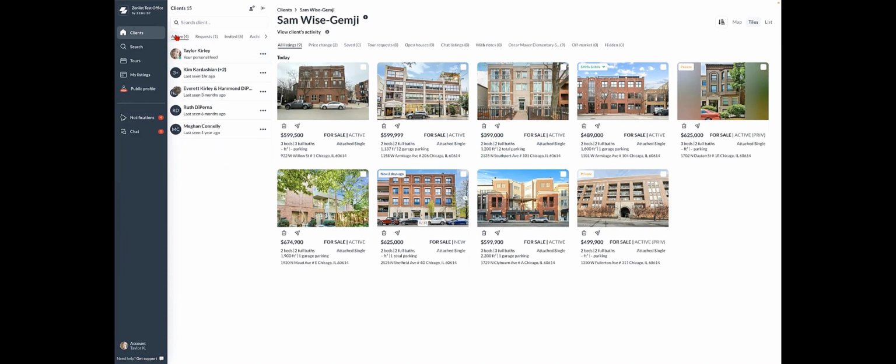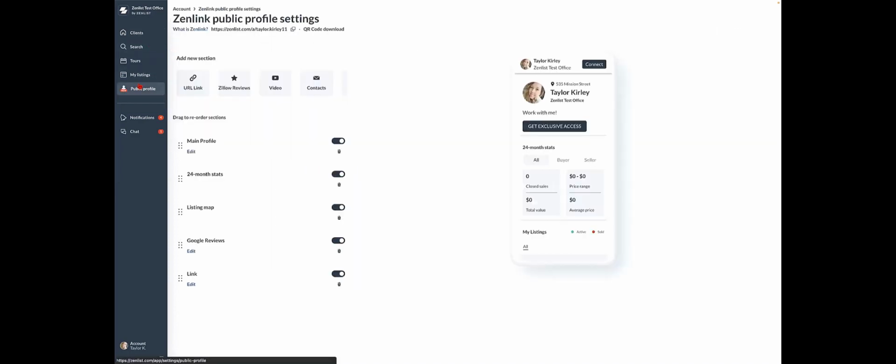So those are the 2 ways to directly invite your client to Zenlist. There's also an indirect way to invite your client to Zenlist. And in that indirect way, you're able to invite clients that maybe are going to be leads for you, and you're going to be able to capture leads. So on Zenlist, you get what we call your Zenlink public profile. And so Zenlist, again, is an invitation-only platform. So anyone just coming to Zenlist.com, if they're not connected with an agent, they don't get access to that search